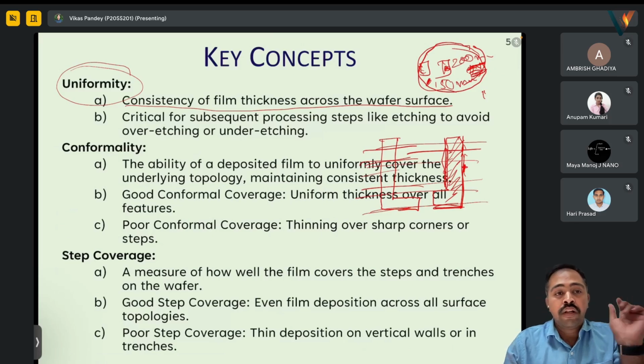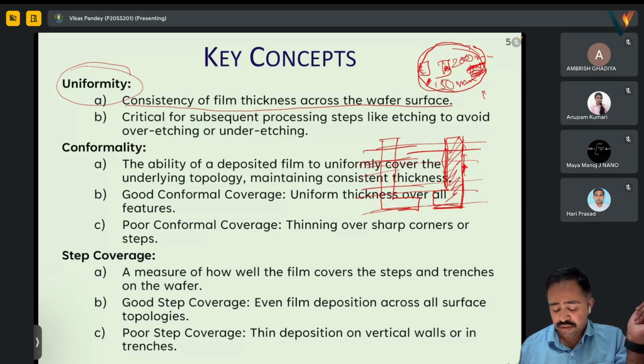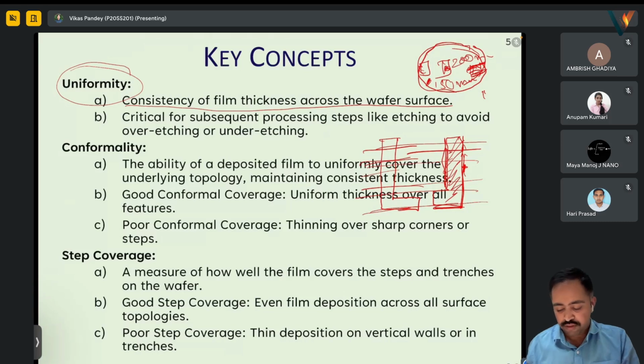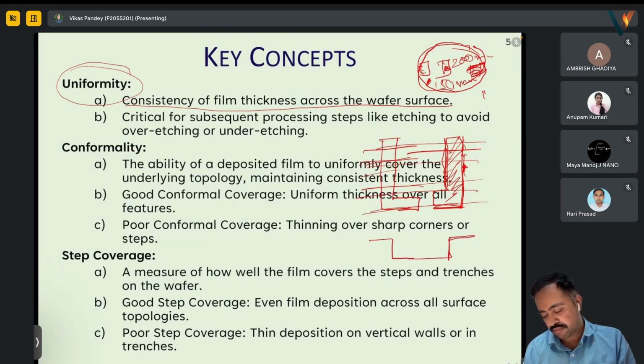Okay. Third is step coverage, a measure of how well the film thickness covers the steps and trenches of the wafer. When we are seeing the side view, we will see that there can be some structures like this, and then maybe some deposition over it. So when we are depositing,